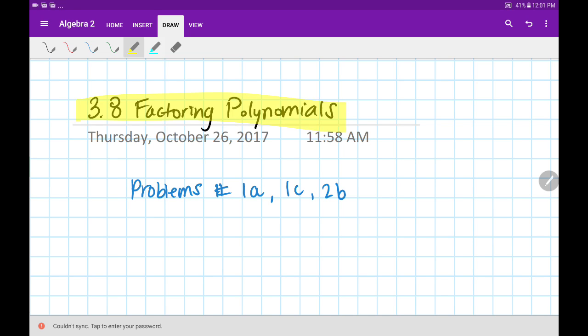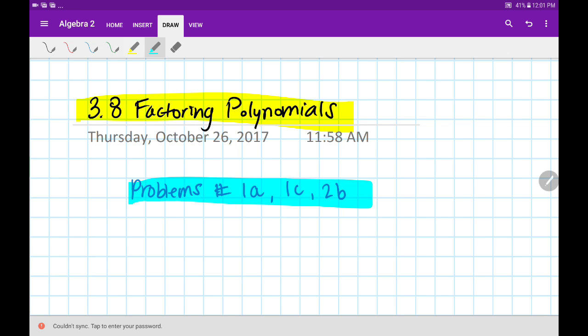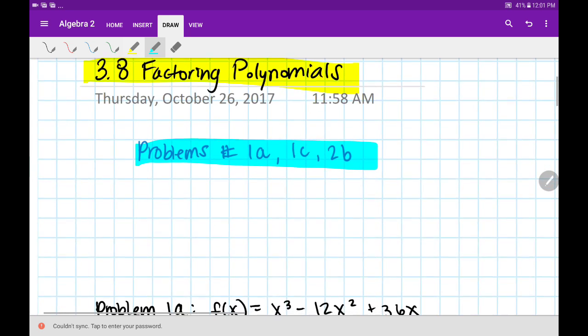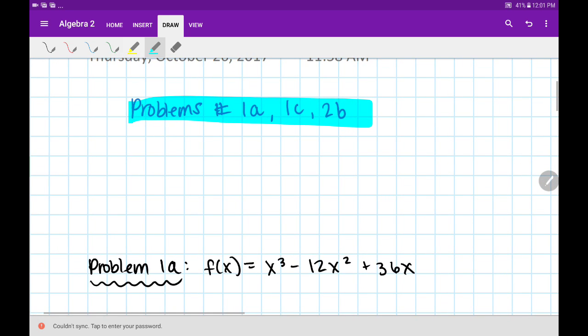We are on 3.8 and we will do these problems from the homework. So we've learned many different methods of factoring. Before we jump into our first problem, let's just refresh our memory with a few of them. So some of our factoring methods